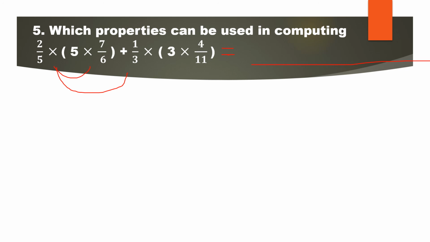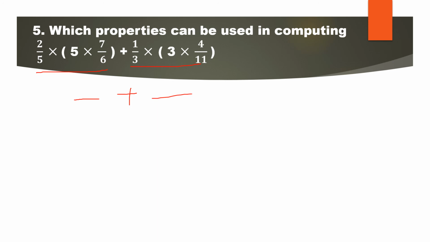But one more thing is also there, here it is multiplication. Whenever multiplications are there, this complete thing is one term only, because into and division will not separate the term, only plus and minus will separate the term. So this is your separate term and this is your separate term. Because in between plus is there and these three are multiplied, these three are multiplied, so this is one term only, this is also one term only. So by multiplying this, you'll get some answer, plus, by multiplying this, you'll get some answer.